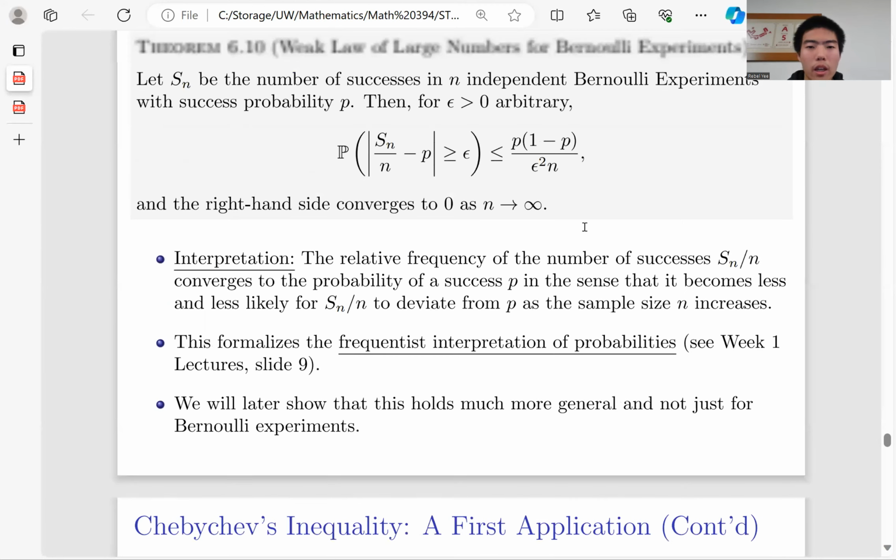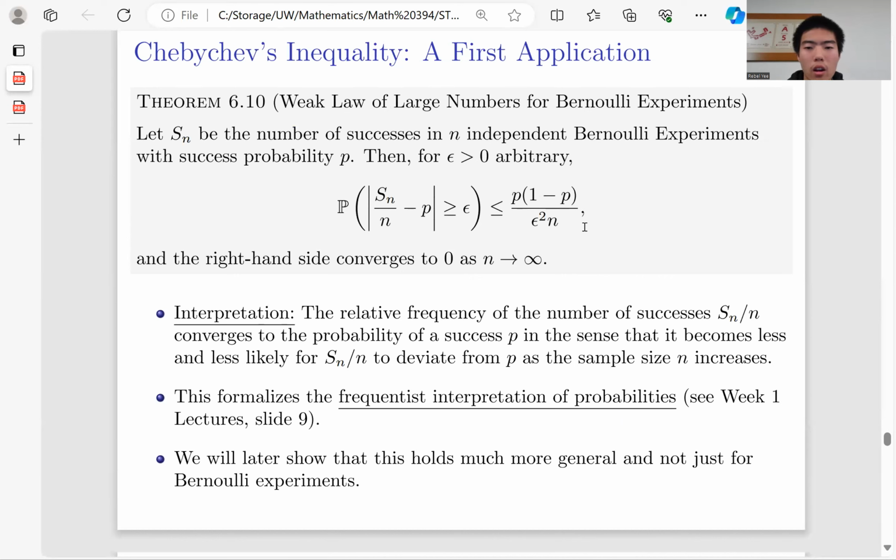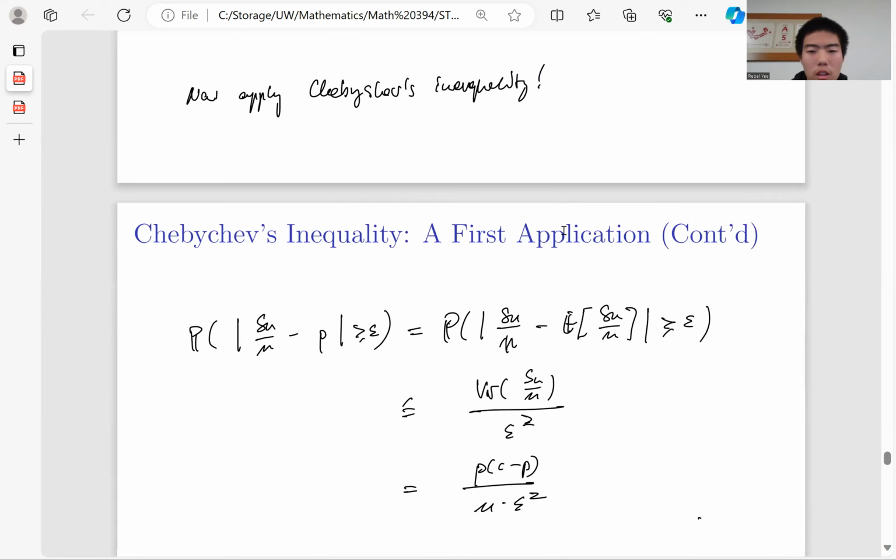The first application is the weak law of large numbers, which means that if you toss a coin many times, about half of the coins will be tossed with heads up and half with tails up. And another application is